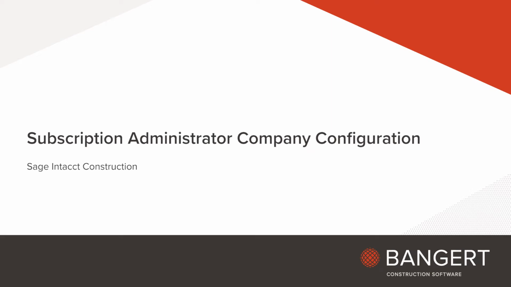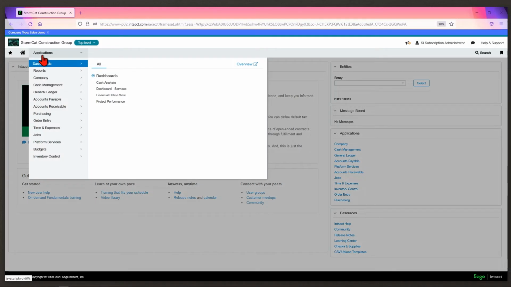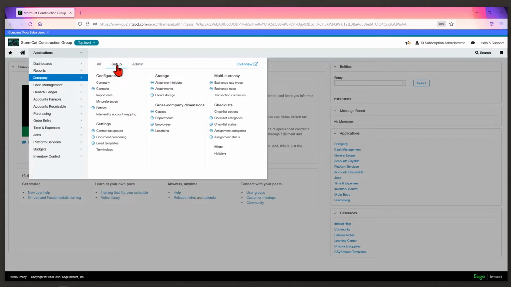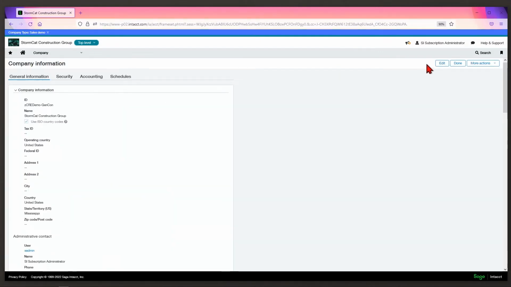So now you have access to your Sage Intacct instance. You've given your implementer access. Let's look at a few company module settings you could add. Go to Company, Setup, Configuration Company, click Edit,